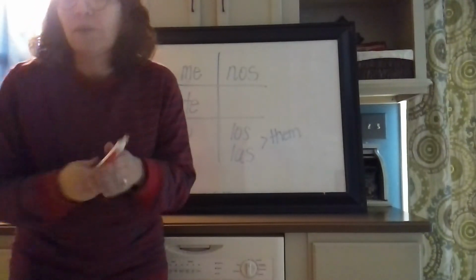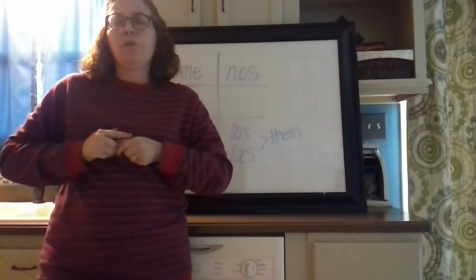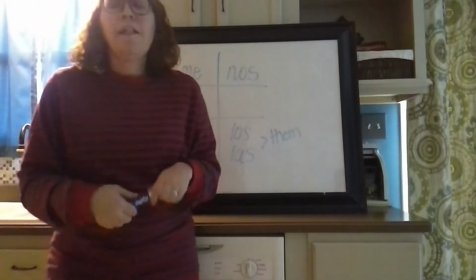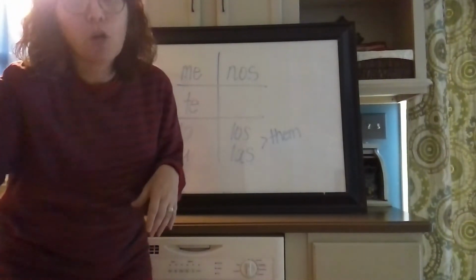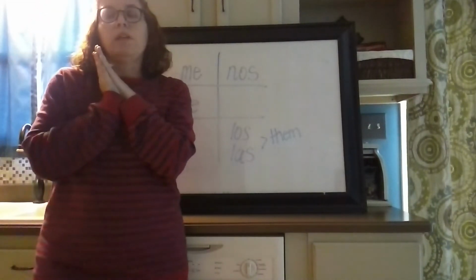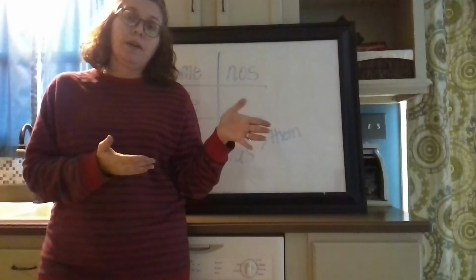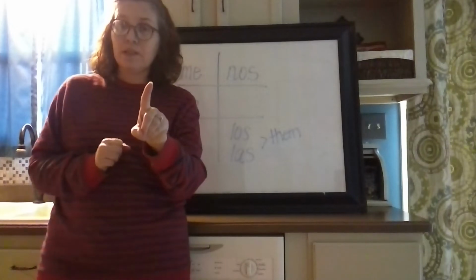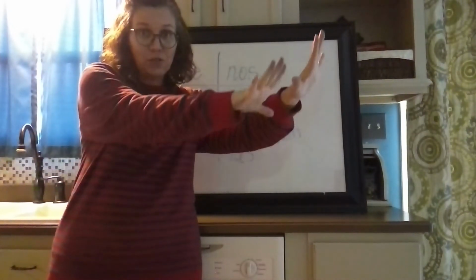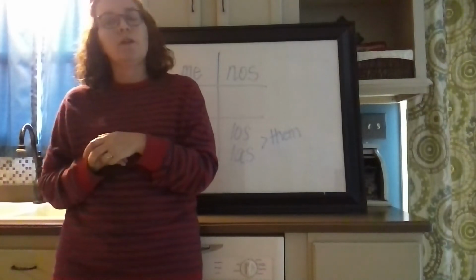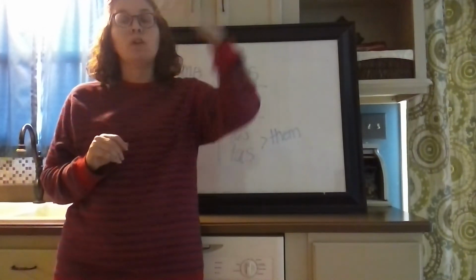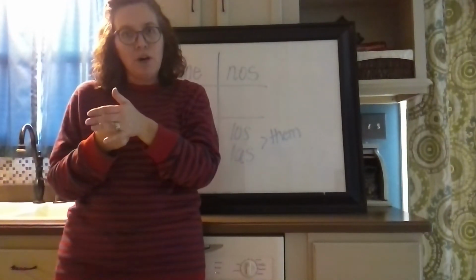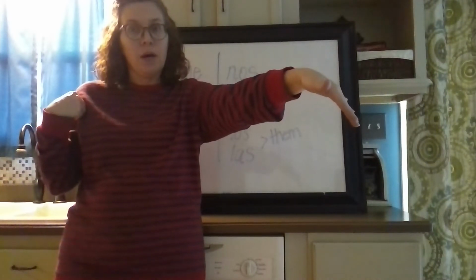So a big question my kids always have is, how can a person be a direct object pronoun? How can a person be a what? Okay, so let's say that I have a soccer ball. Okay, and I'm going to kick the soccer ball to Paco. What did I kick? The soccer ball. The soccer ball is my direct object. It's what I kicked directly. And who did I kick the soccer ball to? I kicked the soccer ball to Paco. Paco was my indirect object. So I directly kicked the ball, and indirectly I kicked it to Paco.